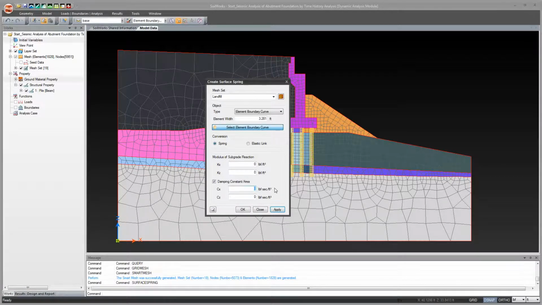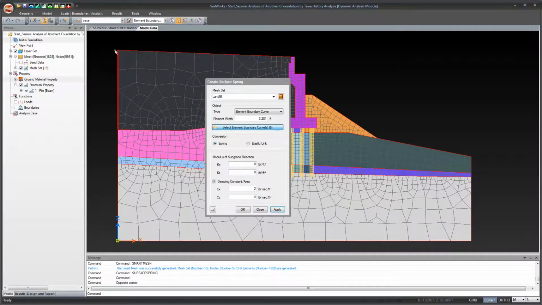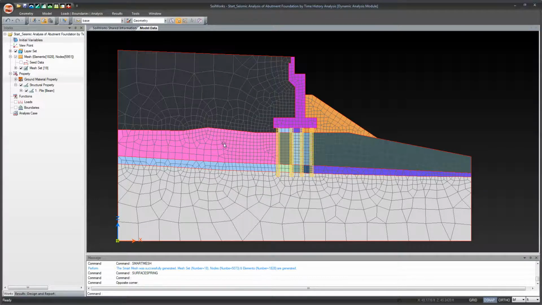So let's just put in some default values here, 3, 4. These aren't right, obviously, but for the sake of argument, let's say that's what they are. And then I would select this portion here. I would click Apply, and then a series of springs with these damping constants would be applied for this layer. And then I'd have to do the same thing for my soft rock layer and my weathered soil layer, etc. And for my second layer, obviously I have to select this side and this side because these are parts of the boundaries, which takes a little bit of time, but is very doable